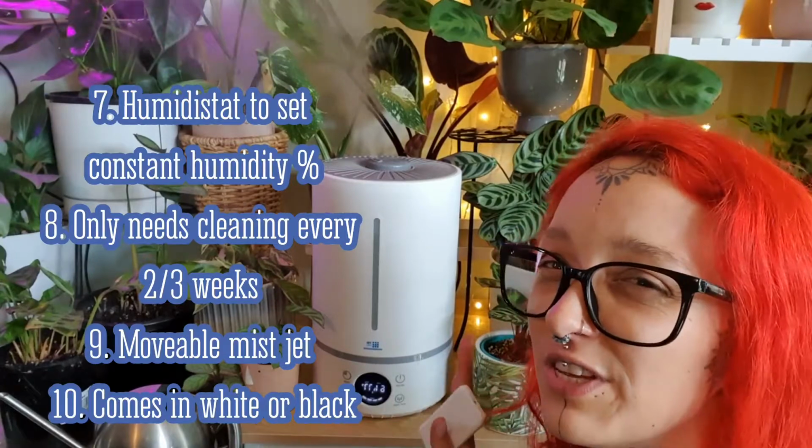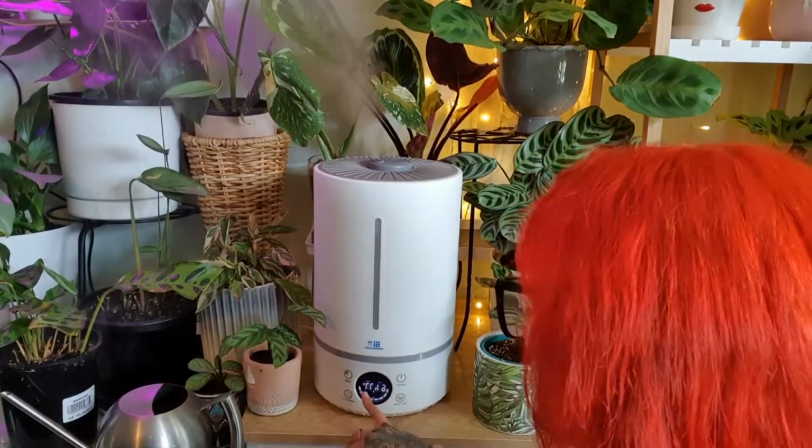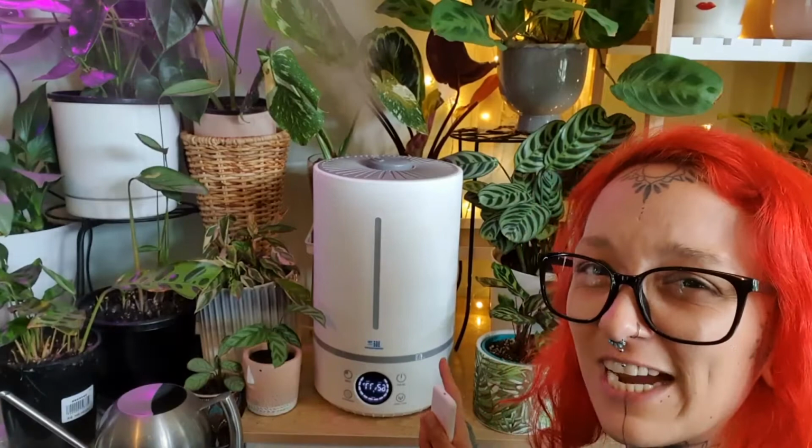Now, there are a few things that I have to complain about with this humidifier. The first is that it only comes in Fahrenheit. So that I find a little bit irritating as somebody who lives in Australia and, you know, Fahrenheit isn't...